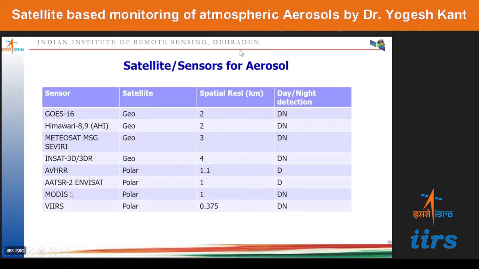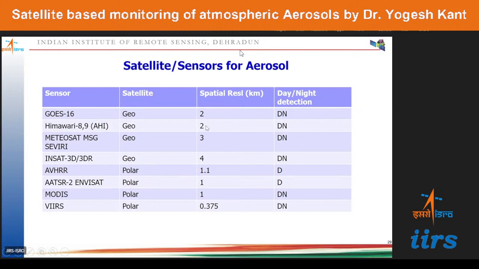So in a nutshell, I have given here: this is geostationary, and this is polar, meaning Earth observation, and this is the spatial resolution. From the geostationary orbit, that is 36,000 kilometers above the Earth's surface, they provide the aerosol product at 2 kilometer scale, every day and night. This is every 15 minutes. So you have data every 15 minutes to half an hour, day and night.